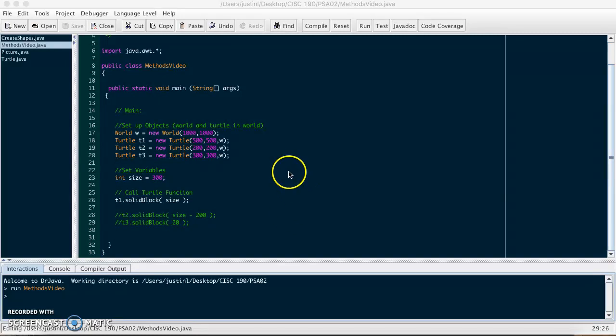Hi guys, so today I'm going to be talking about methods, and I made a simple one here that creates solid blocks as the example. So methods are essentially just set instructions that take in parameters, which we'll get to in a minute, and these set instructions are useful because we can repeat them over and over again without having to write every single